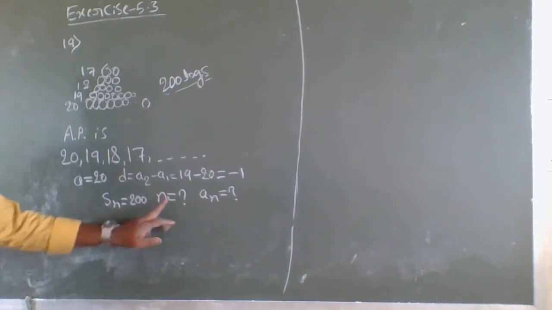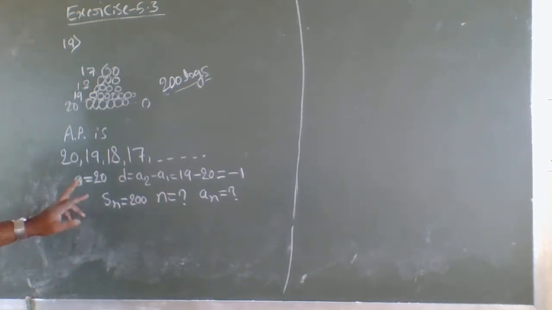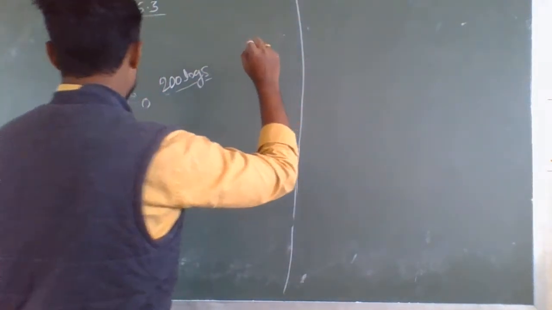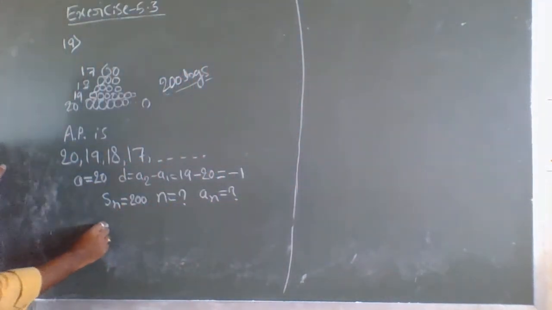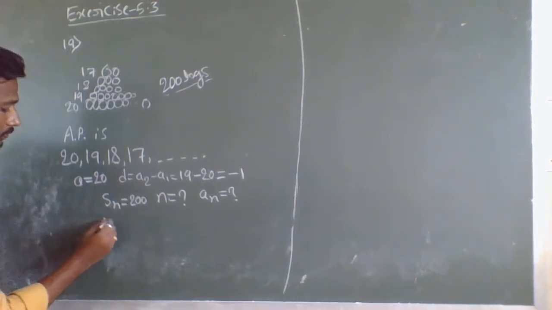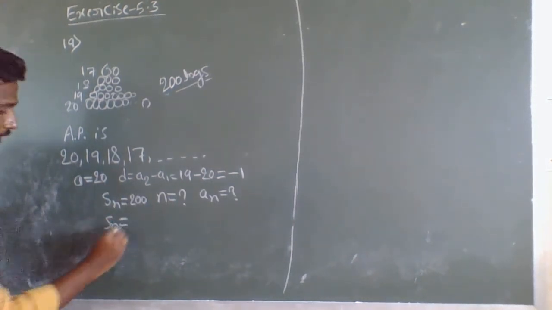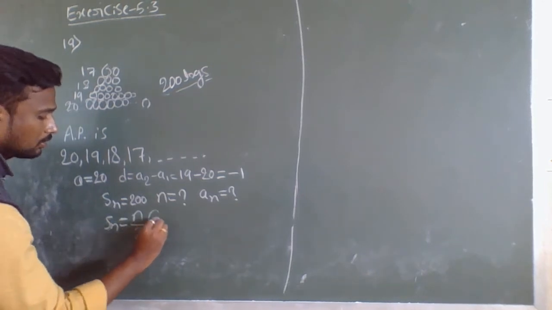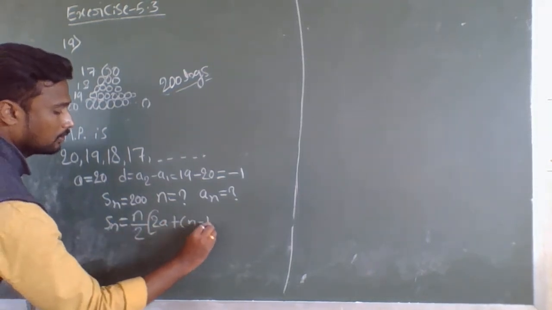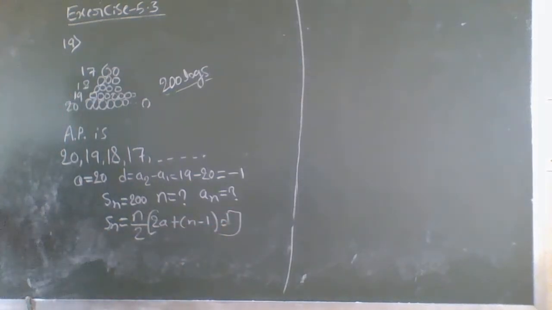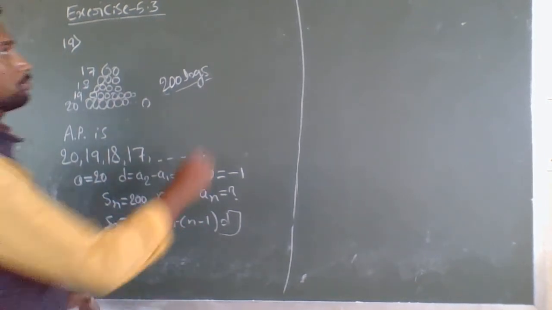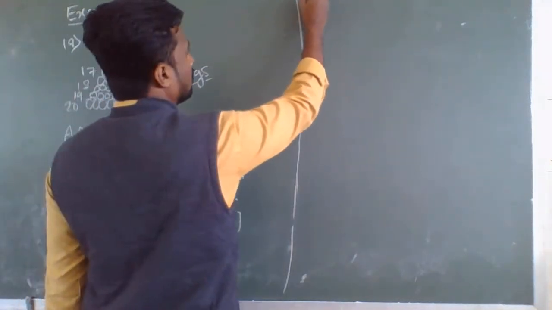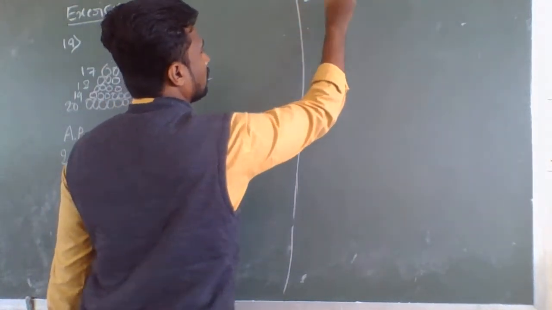So now, to calculate the n value, what can we do? We have a, d, Sn values. So I will write the formula to calculate the n value, the Sn formula. Sn is equal to n by 2 into bracket 2a plus n minus 1 into d. We know the Sn value: Sn is 200 because there are 200 logs. Therefore 200 is equal to